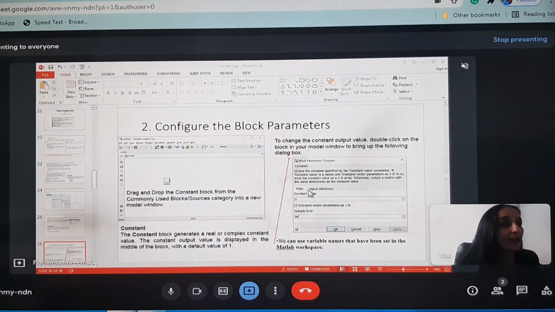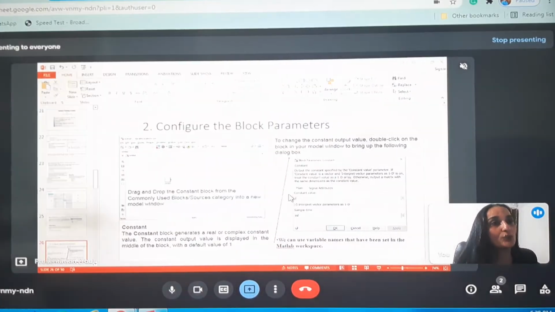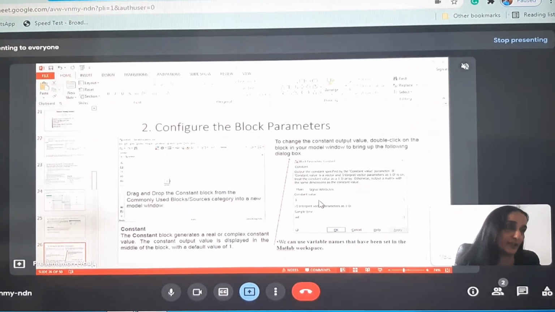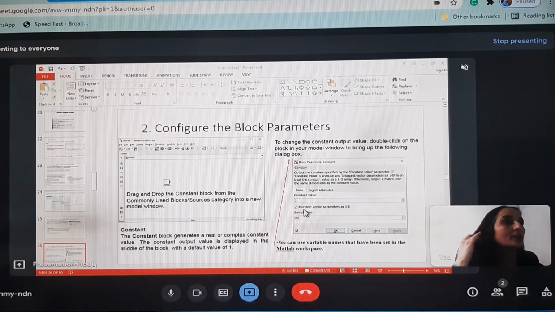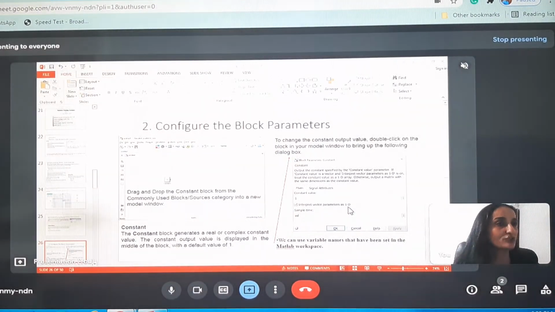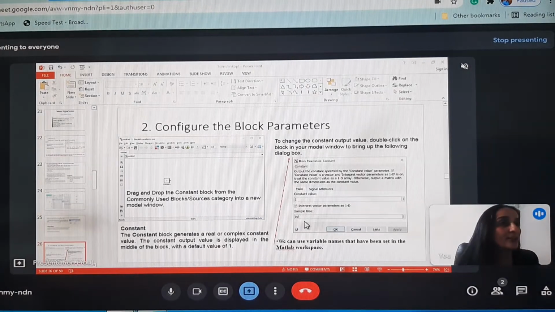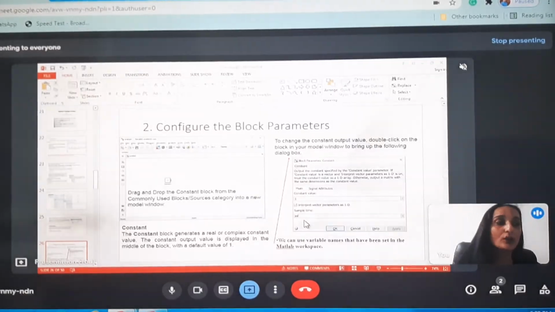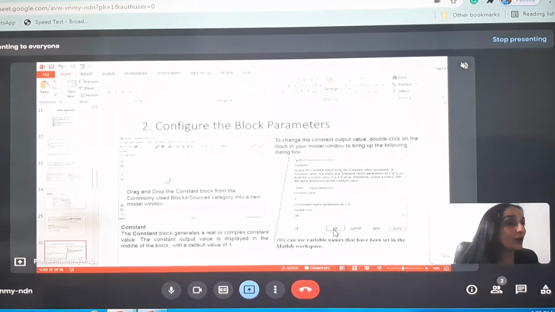Here we can enter the value of the constant parameter. By default, interpret vector parameters as 1-D is checked. Sample time is infinity. If we do not want to change its default settings, then simply click OK.